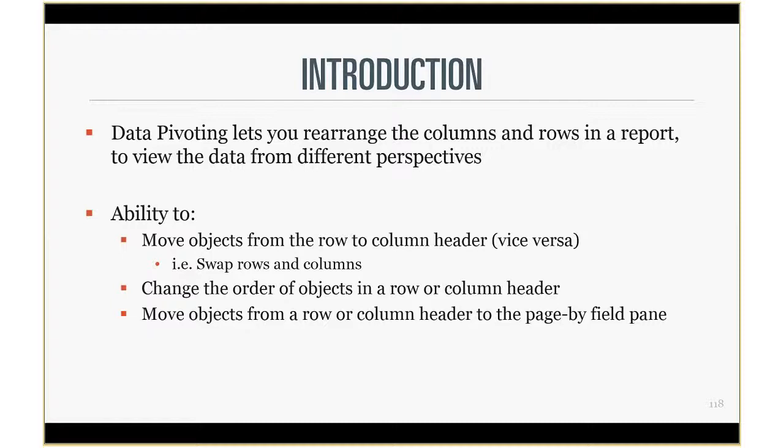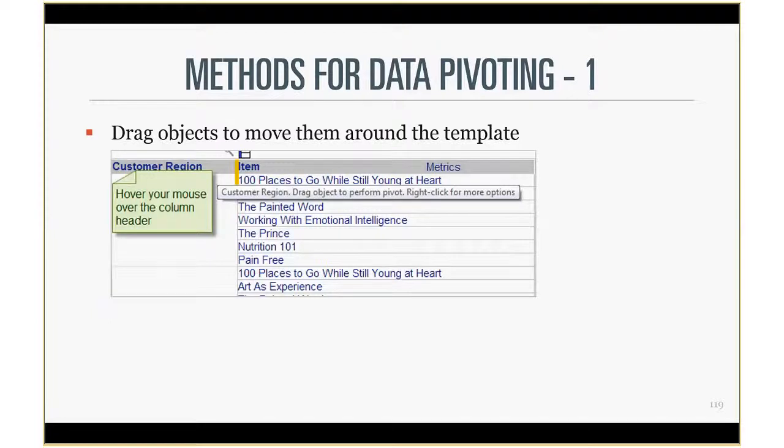Now, there are various methods. One good thing in MicroStrategy is that you don't have to remember an icon, you don't have to remember a way to do things. You have it in two or three places. Either it's in the menu bar, or you can right click an attribute and you have options over there, or it's there in the toolbar. So you have a lot of ways for doing things.